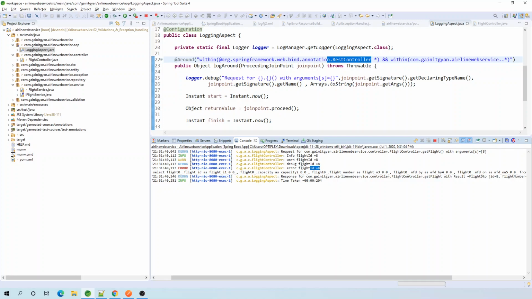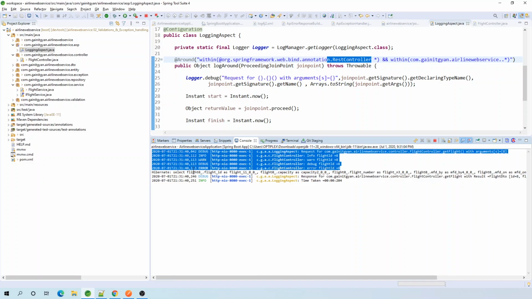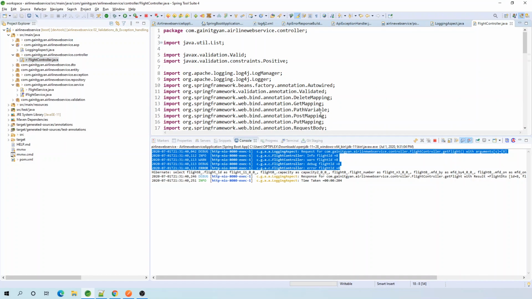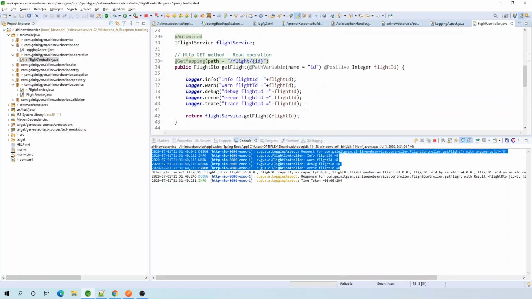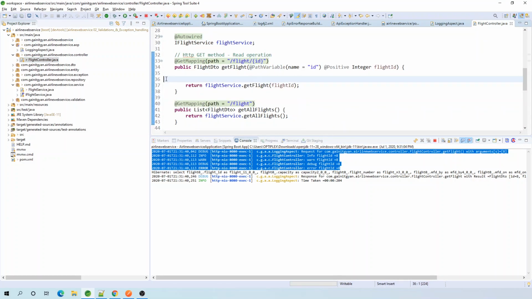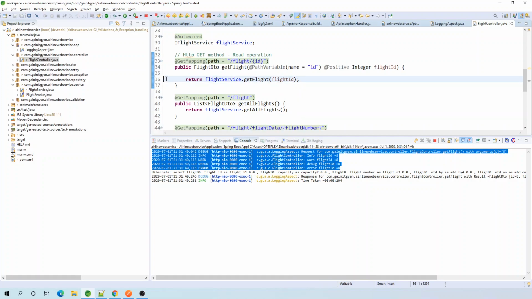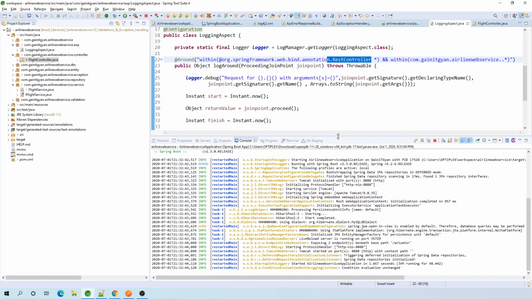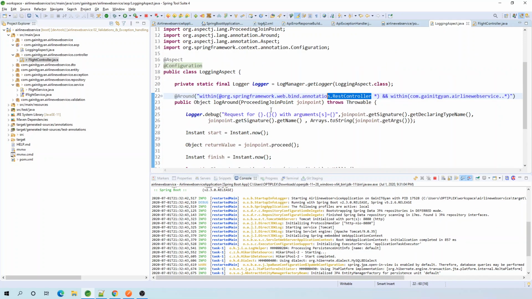So with that, what we can do is get rid of the logging statement that we have in our controller class that is here. So let's get rid of this. Perfect. So now let's go back to our logging aspect and try to add a few more information here. What we're going to do is we can also